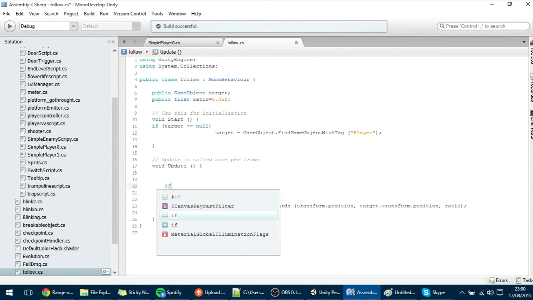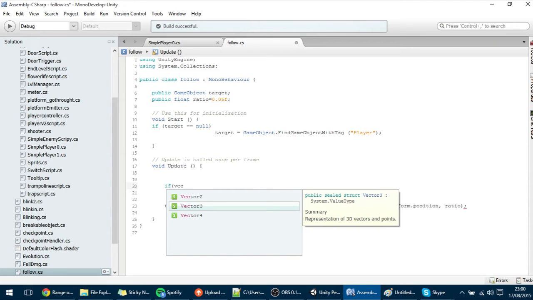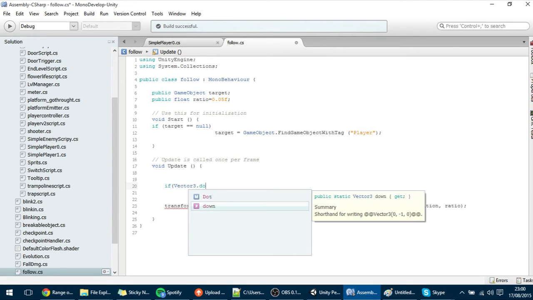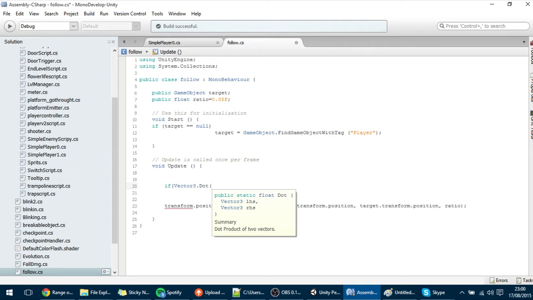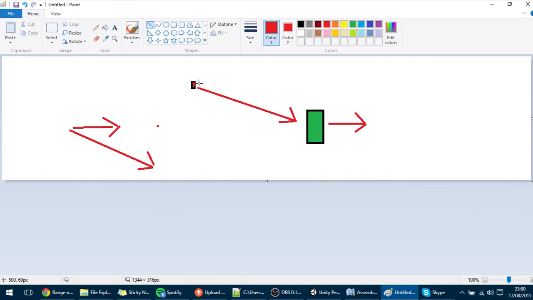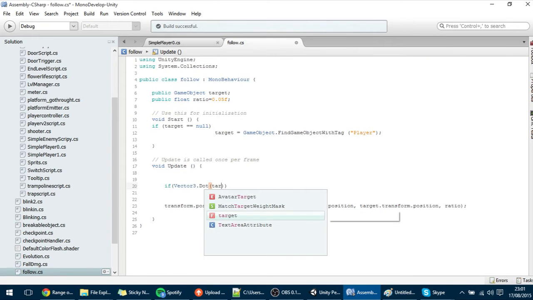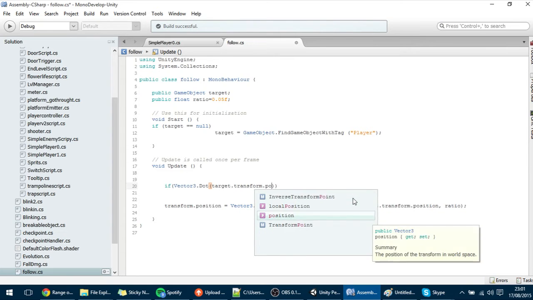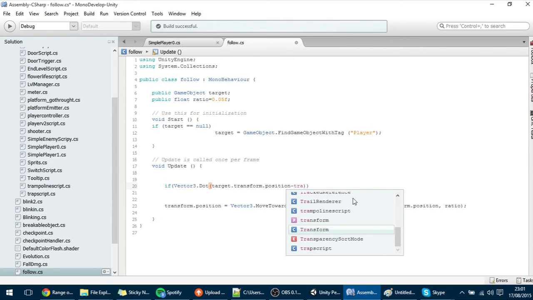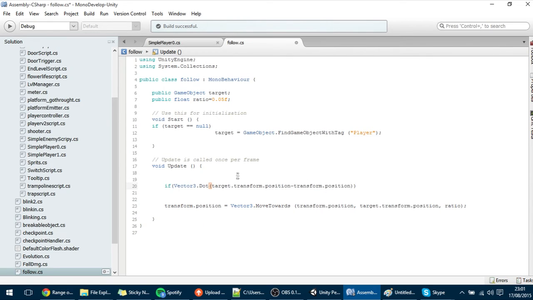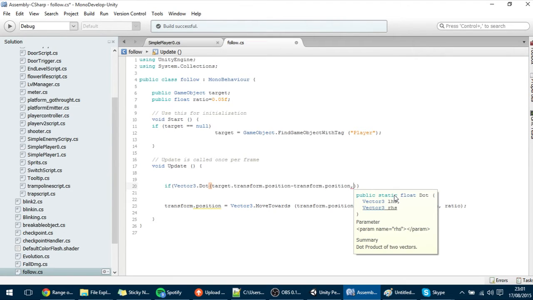So here, it's a Vector3, and again we're going to use Vector3 because of some compatibility issues. It asks for two vectors, and I'm going to put the vector that points from the face to the player. So target.transform.position minus transform.position. Basically, if you do the final point minus the beginning point, it will point like that, and the other point is just the direction of the player. And just like we did in many other tutorials,